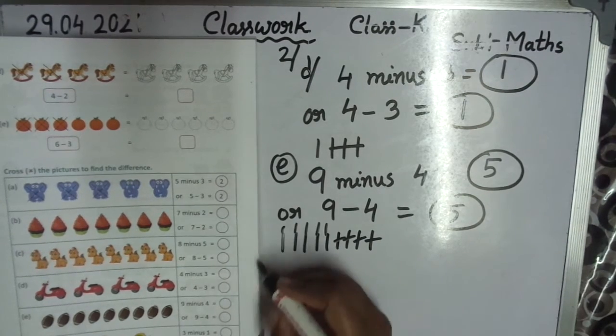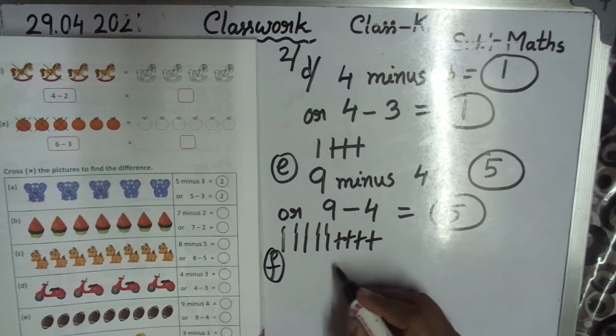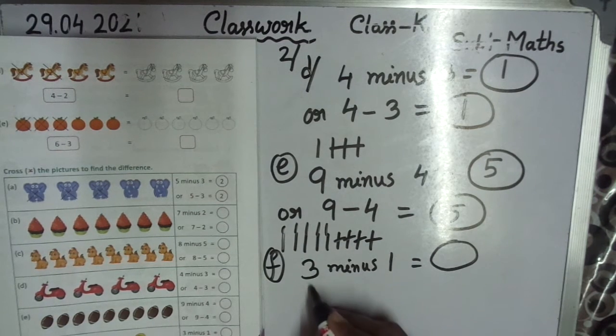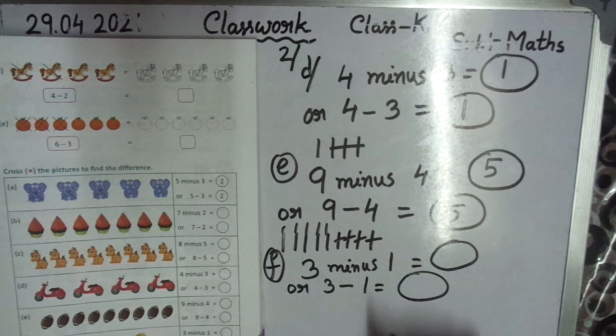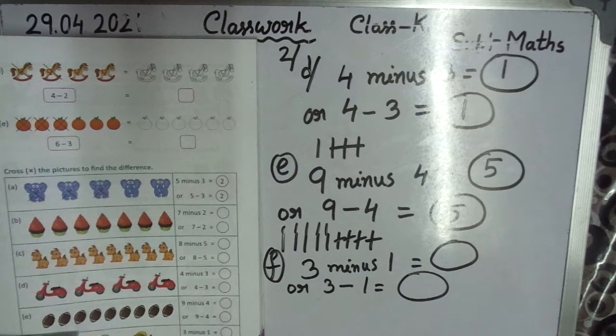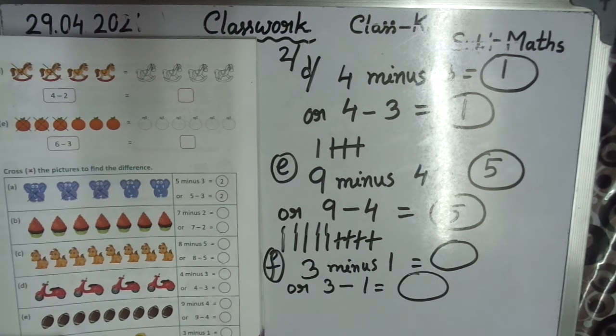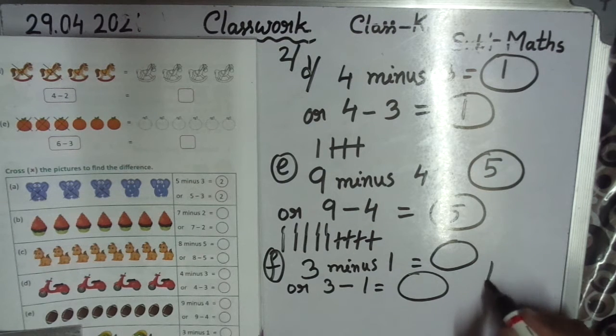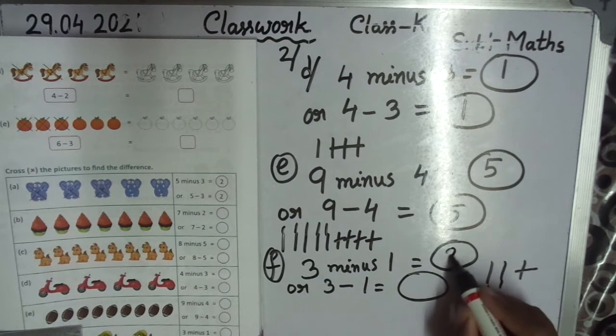Okay. F. Fish. 3 minus 1 is equal to, or 3 minus 1 is equal to 1. Yes. Now you count children. 3 fishes are here. 1 left. So 1 minus, so left 1, 2. 1, 2, 3. So 1 minus, so left 1. So the answer is